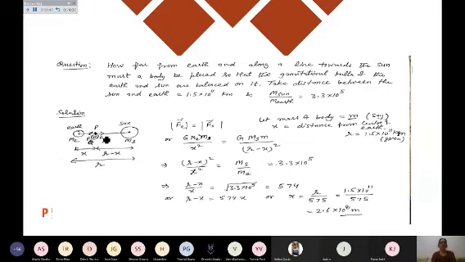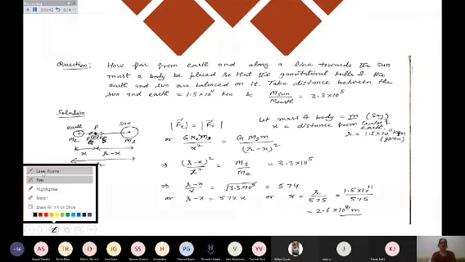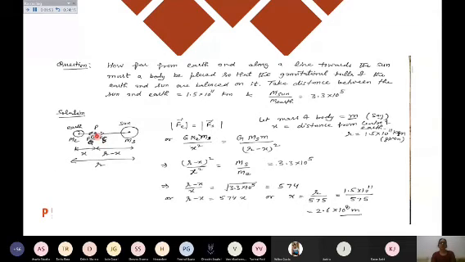So both these forces are acting on this point, your mass m, but they are acting in opposite directions. So if I assume that at a distance x, I'm keeping this point which is having the mass small m, then I can equate the magnitudes of this Fe and Fs.